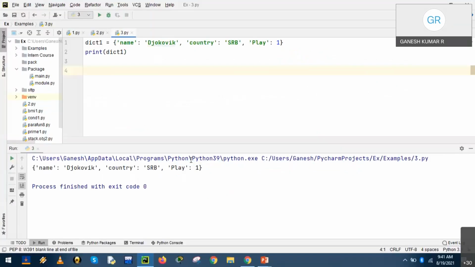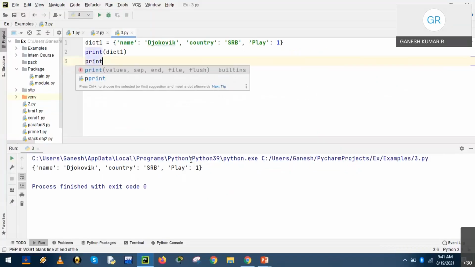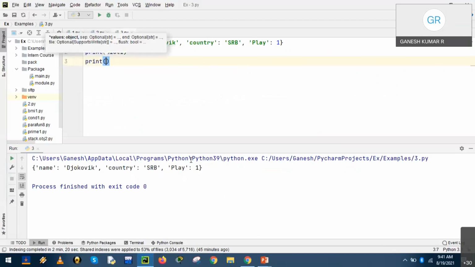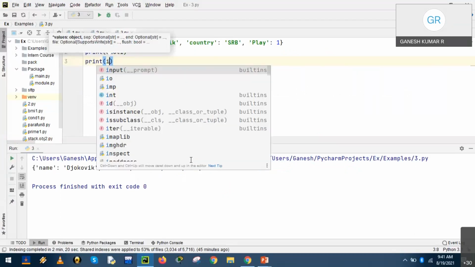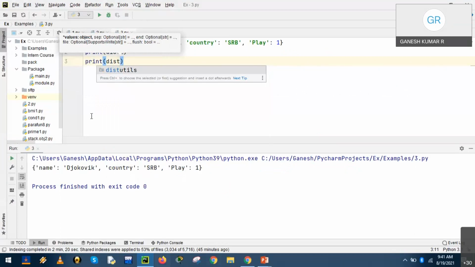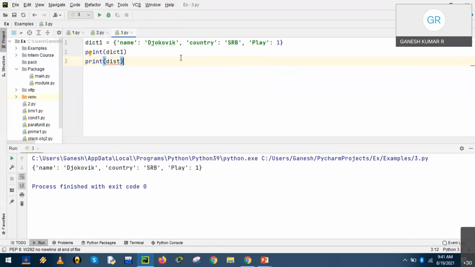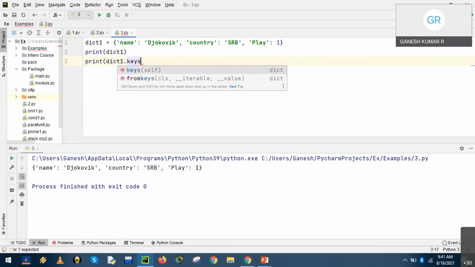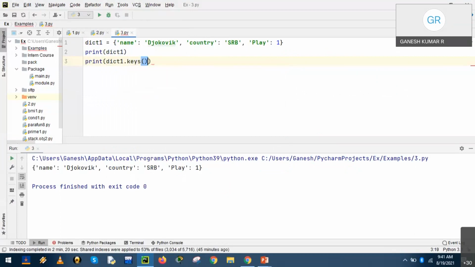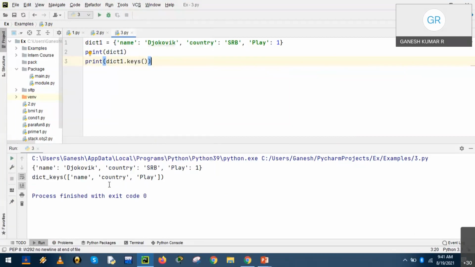So print dict1 dot keys function. This statement will selectively pick only the keys.